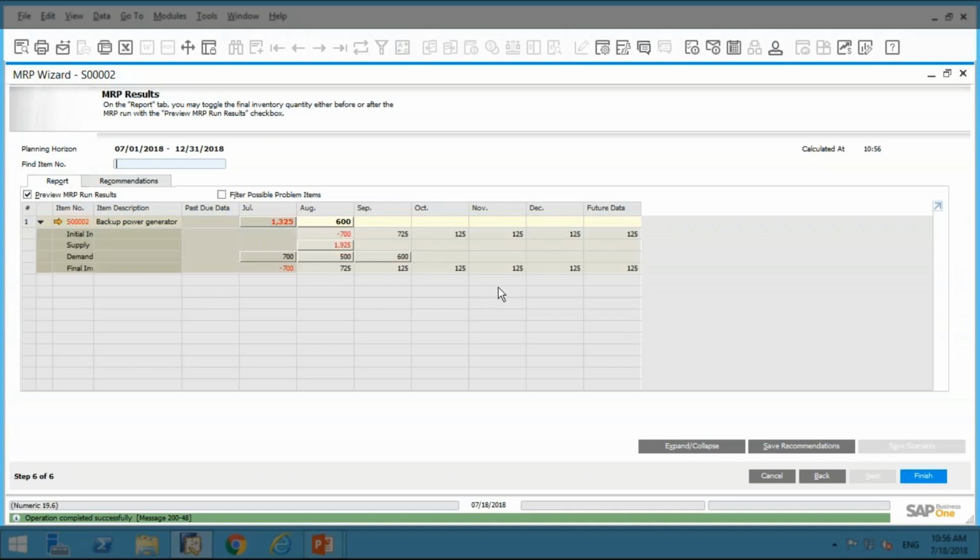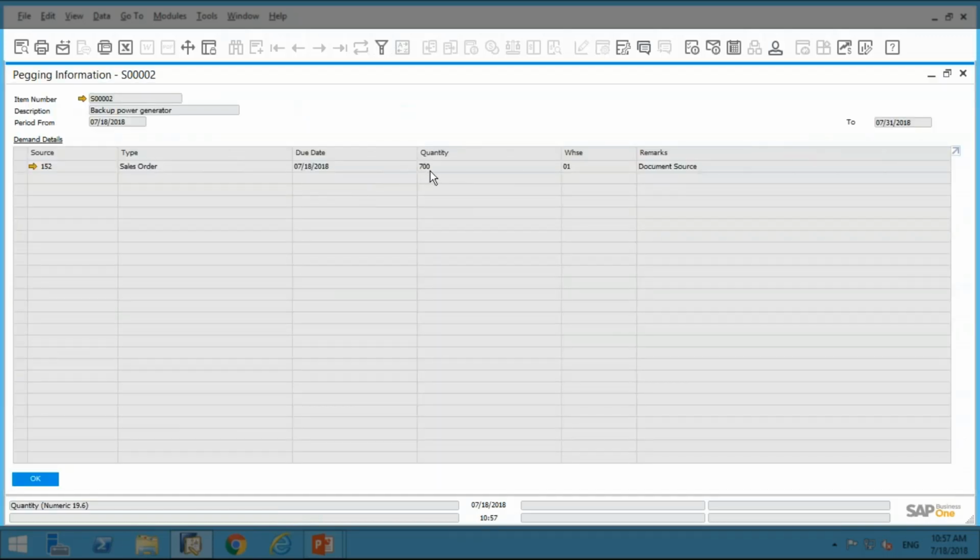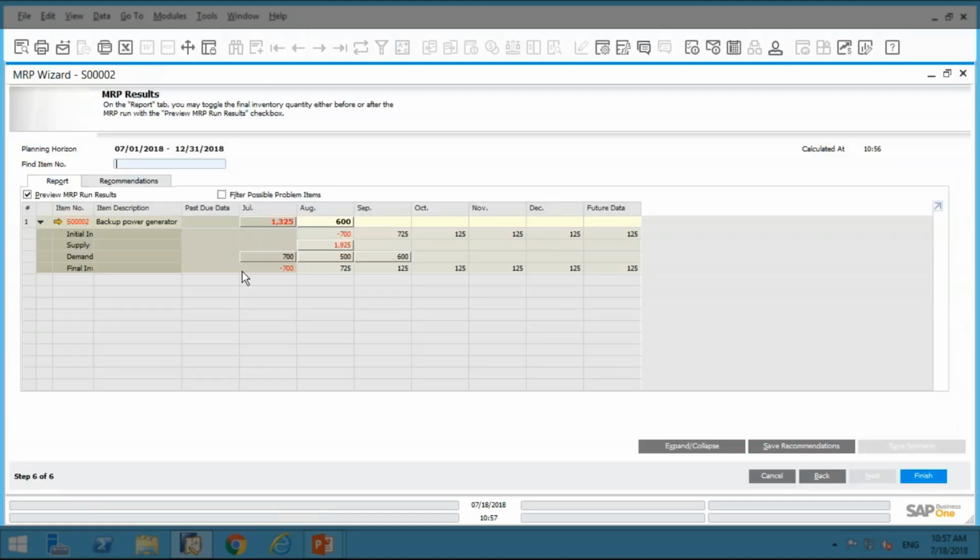and I expand that, you can see that it's actually making a recommendation of 1,325 units. And again, the demand is because I have 700 units on that sales order in July, but it's also got, remember, the 125 minimum inventory requirements, plus I've got 500 that I need to bring in August as well, because I know I have a demand of 500 in August 1st, because